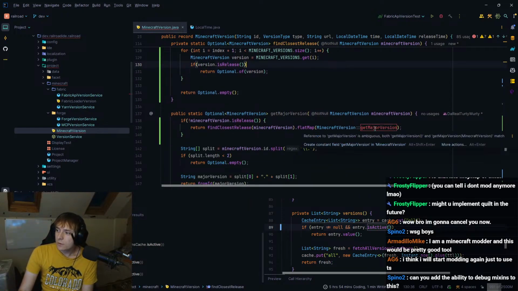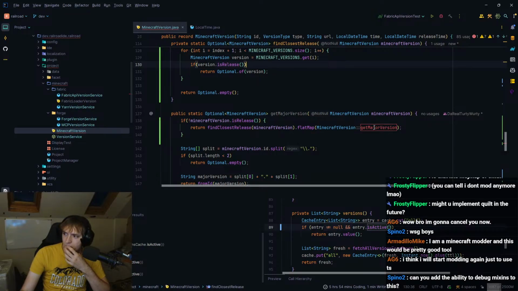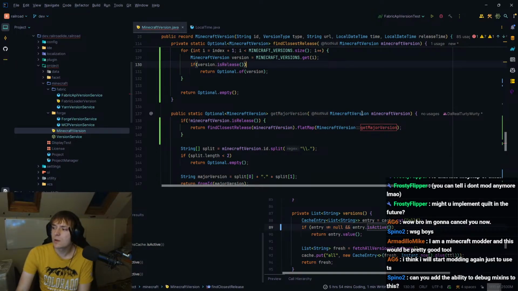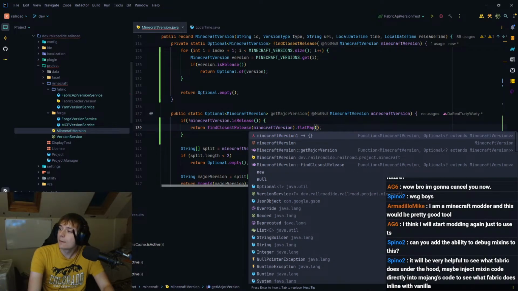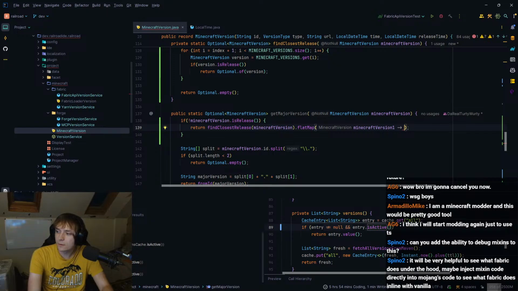So this is complaining because the reference to get major version is ambiguous. I'm sorry, how is that ambiguous? Oh, because I guess it is kind of ambiguous because this is incorrect. That's why it's ambiguous.